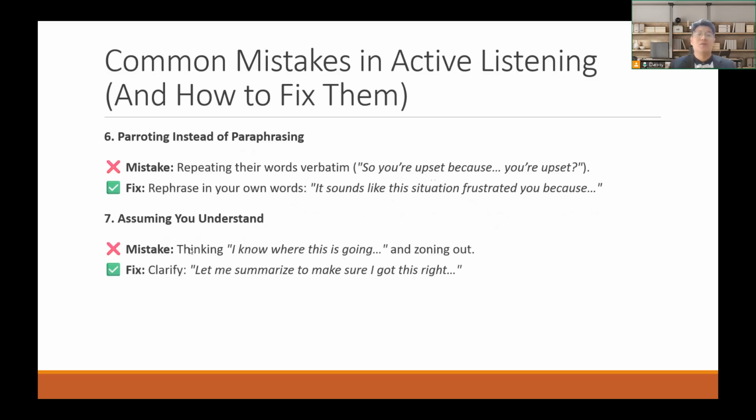Another typical mistake is assuming you understand, like thinking "I know where this is going" and zoning out. The better way to handle this is to clarify and make corrections, like "let me summarize to make sure I got this right." This is an attempt to ask for the other person's confirmation of whether you really understand the points of view